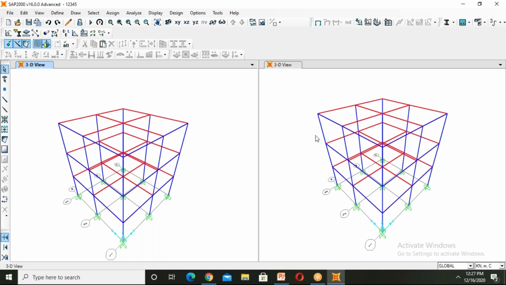There are special softwares like Plaxis 3D and GeoGrid and like SAFE. So these are the softwares where you can design particularly based on the soil properties and particularly for foundations.